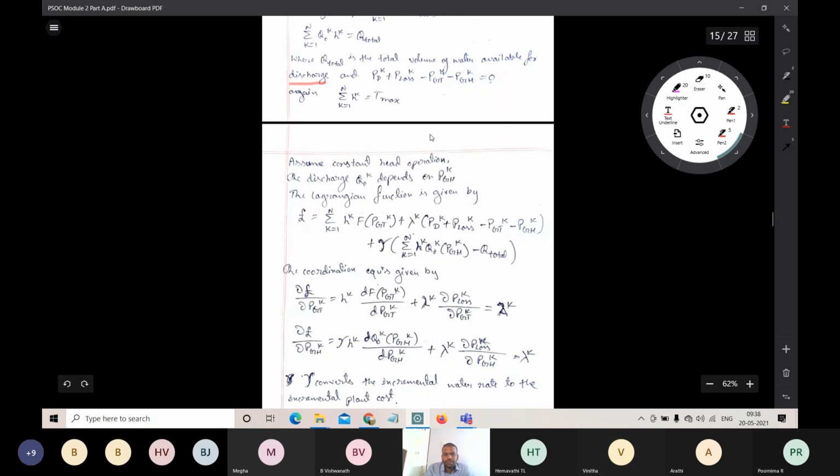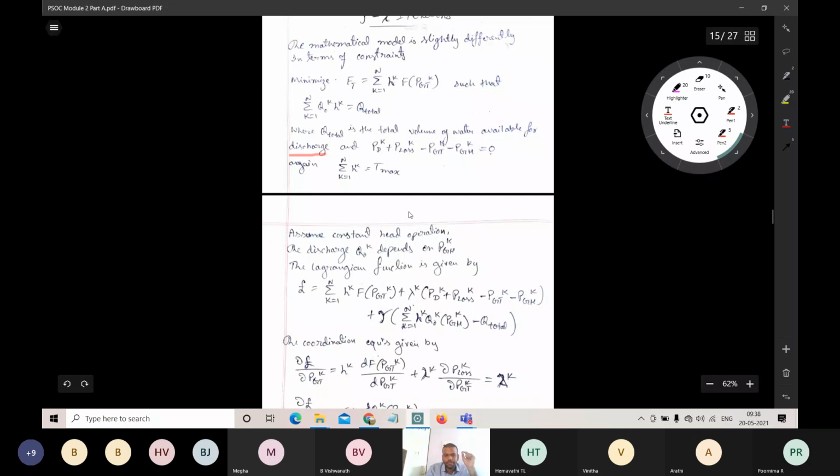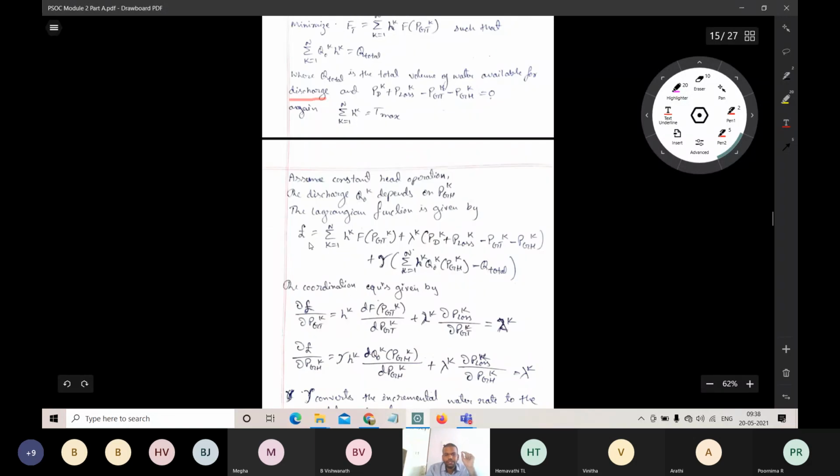So we use the Lagrangian for the above constraints. Previously we solved four constraints, and here also we are using the same constraints, with only a slight difference. So the Lagrangian is equal to sigma k hk f PGTk. Same thing, but in the discrete time there was no hk. And plus lambda k into the power balance equation.